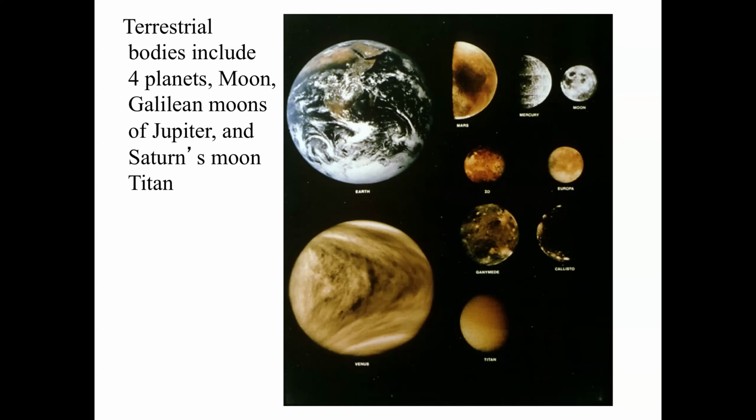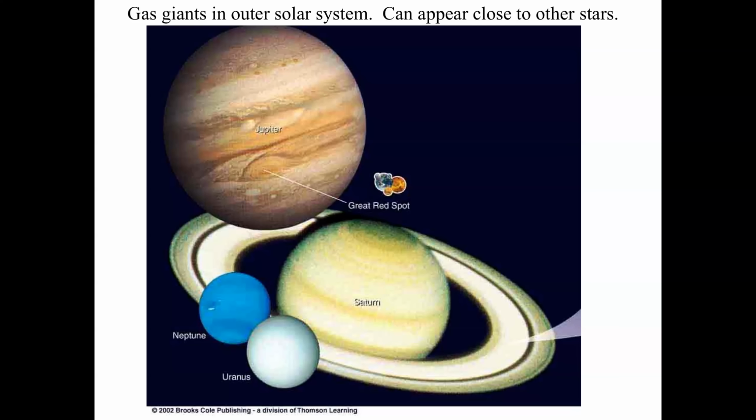So here are the terrestrial bodies, and they include not only the 4 planets I mentioned before, but some of the larger moons of the outer planets, in particular the Galilean moons of Jupiter and Saturn's moon Titan. The gas giants we won't be discussing in any detail today, and these are all in the outer solar system, and in many ways,